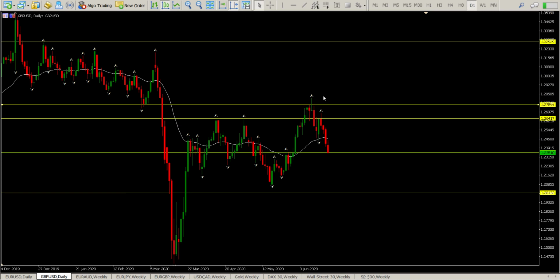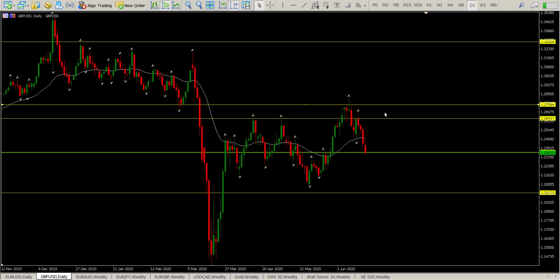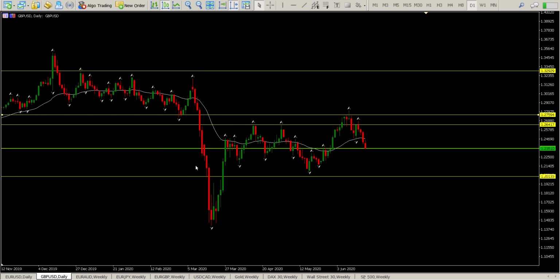And then I just want to come back to the daily. Looking at the daily, we've formed higher highs. We've formed a higher low. Question is, are we going to form another higher low here? There is quite a bit of support that we can come back into, plus a Fibonacci level here. So it's anyone's guess at the moment of whether this breakout of the bigger range on the weekly is what we need to be paying attention to, or alternatively, is it this leg up that we need to be paying